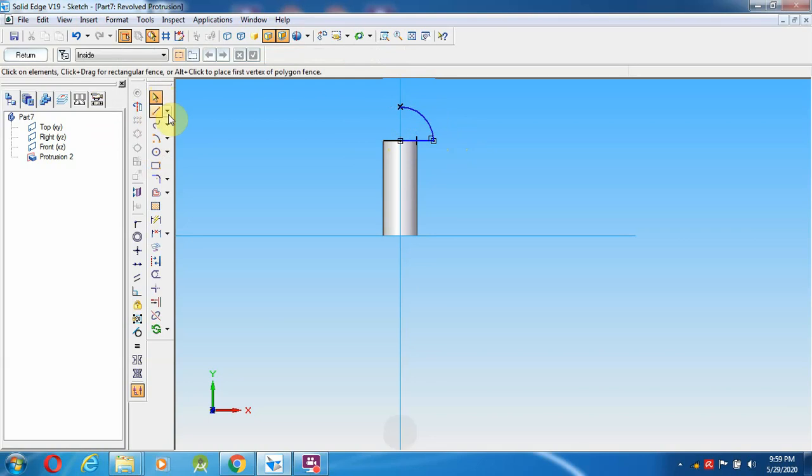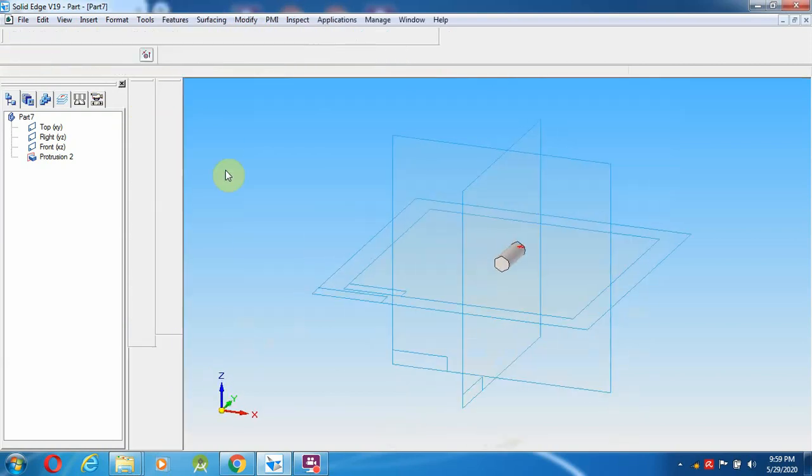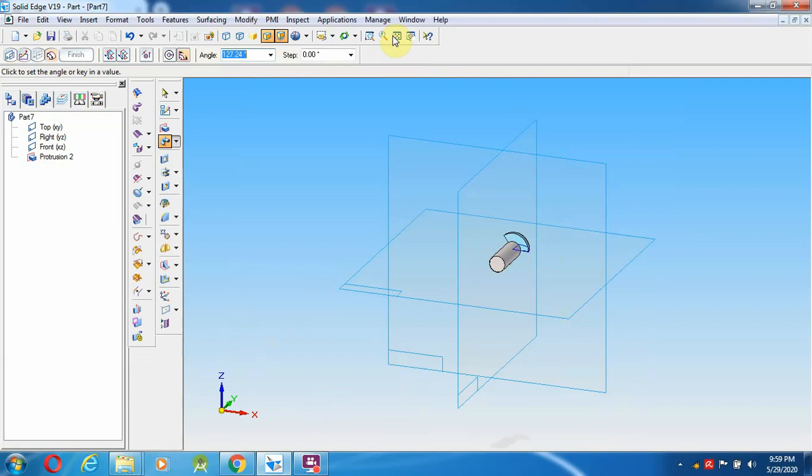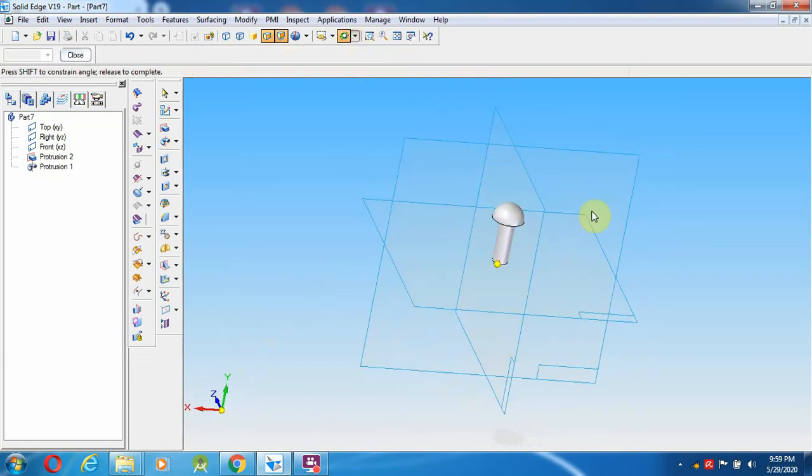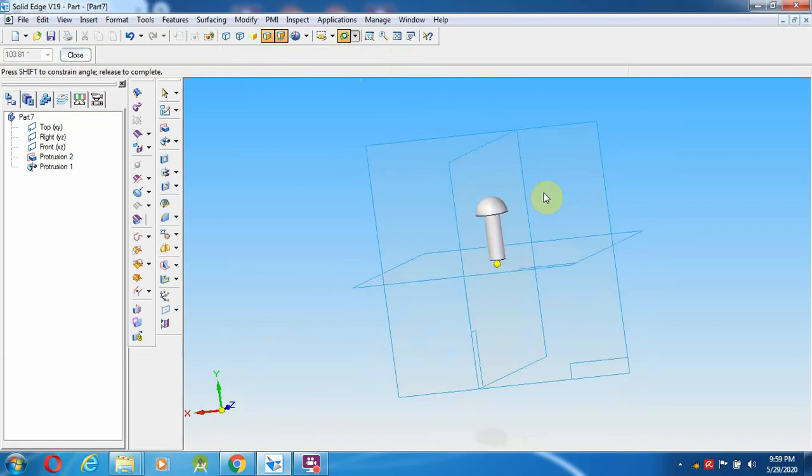Now I am going to join from top to bottom as a straight line. Select the axis, which will be the vertical line. Now I am going to give angle as 360. After giving the angle, left and right click. If you rotate, you can see a mushroom shape head on the screw.